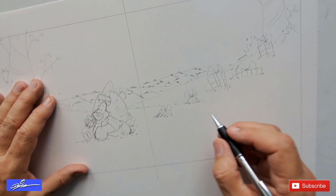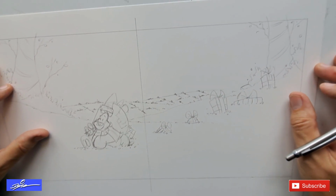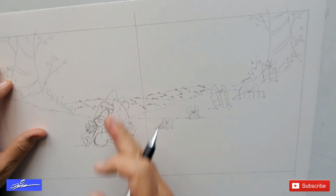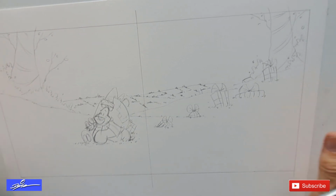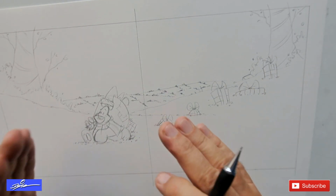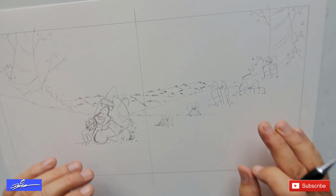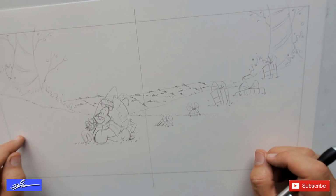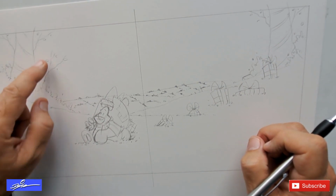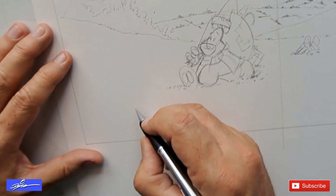Right, we've almost come to the end. So having scaled this little picture down, I have to mark it in the middle to show where the fold is going to go, obviously. That's when you make sure that nothing important happens here. And because I've got lettering probably coming in this section here and over there, actually, no, I think I'll just run it along there and along here, because here I want to do a tree trunk,